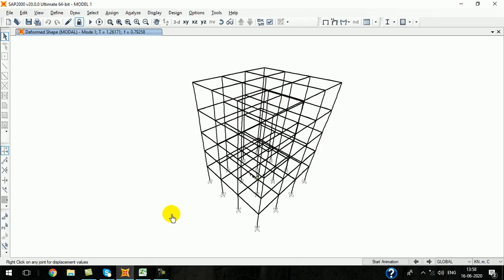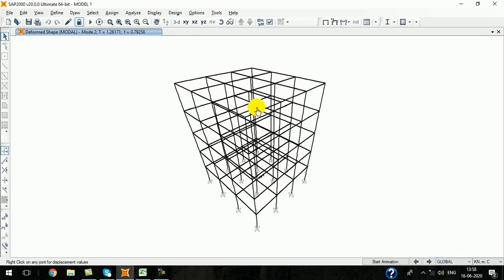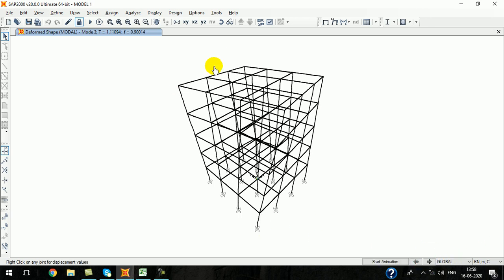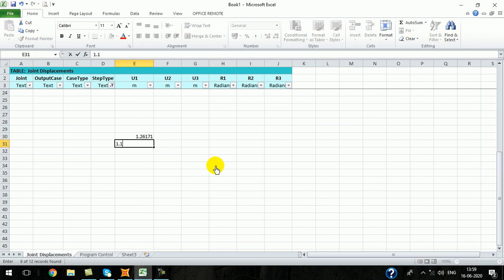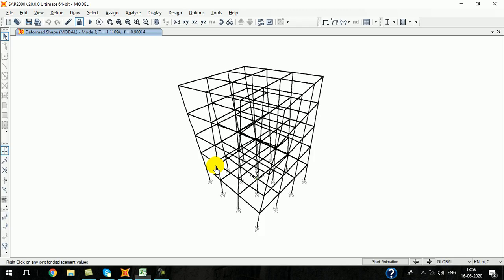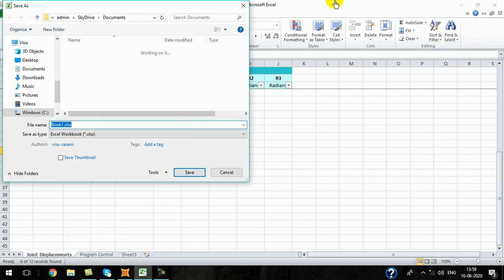For the second mode, of course, the plan is symmetric in nature, so you get the same time period. But with the same time period values for the first and second modes, we cannot estimate the mass and stiffness proportional coefficients. So I am going to note down the time period corresponding to mode 3. It is 1.11094. Okay, this value is noted.